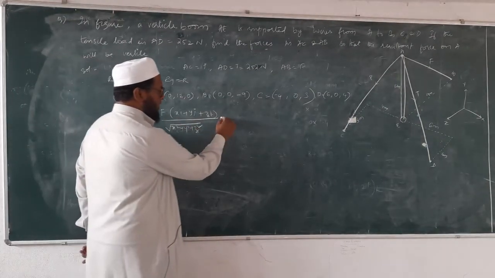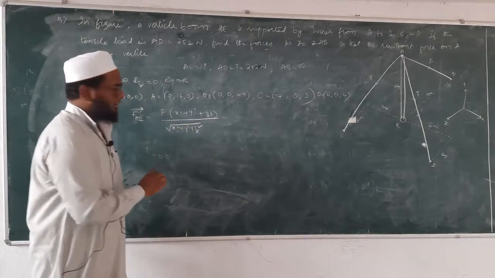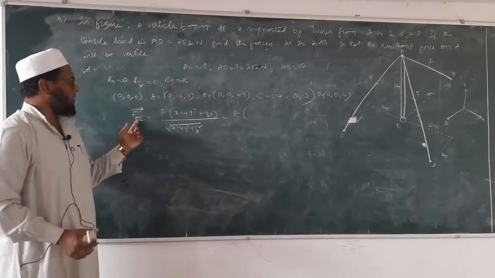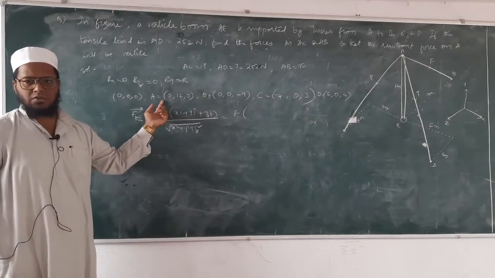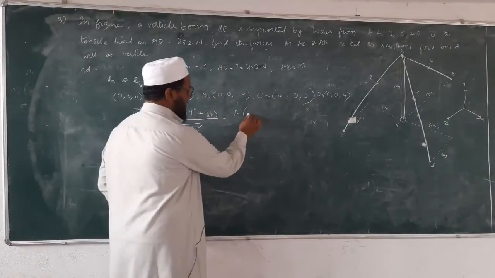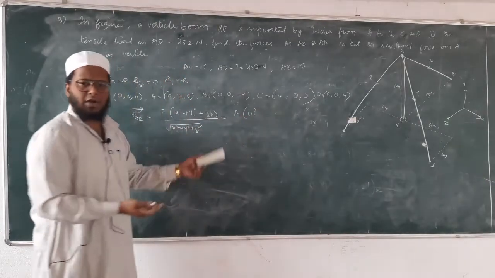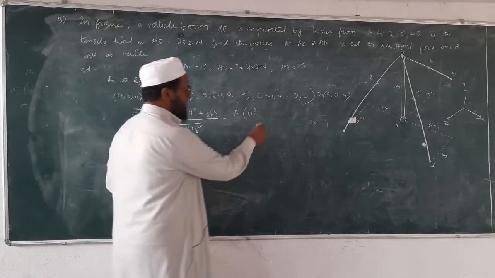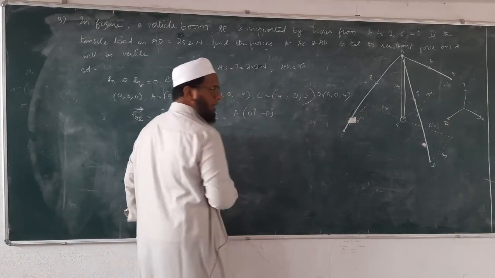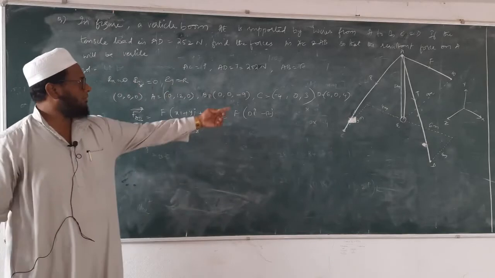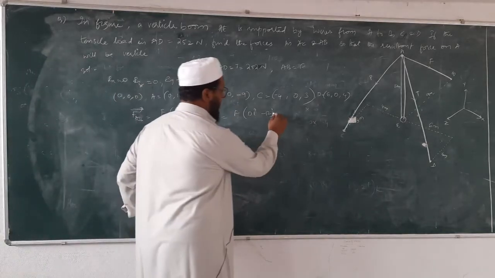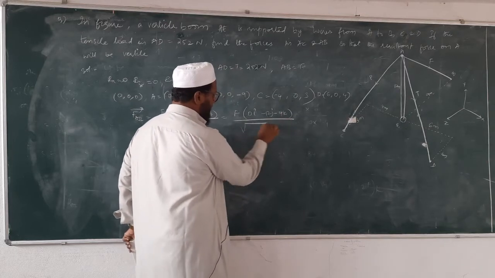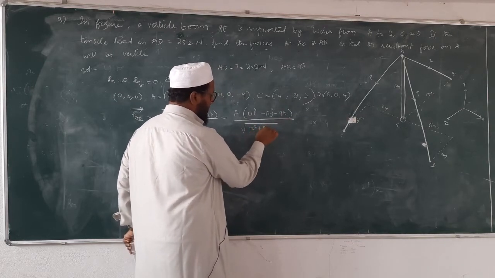So we don't know the value of F again here. So F into, force is acting from A to B, right? 0 minus 0, 0 i. 0 into i, 0 only. Then 0 minus 12 is minus 12j. Then minus 9k divided by under root 12 square plus 9 square.